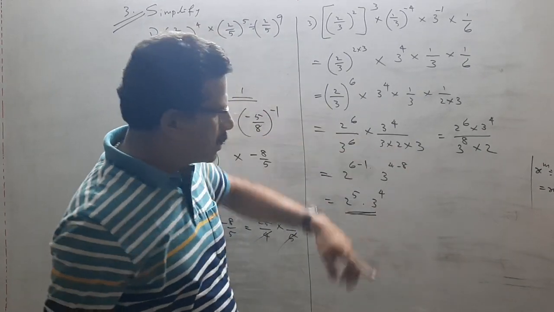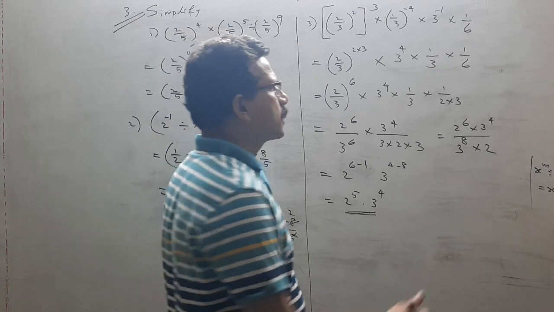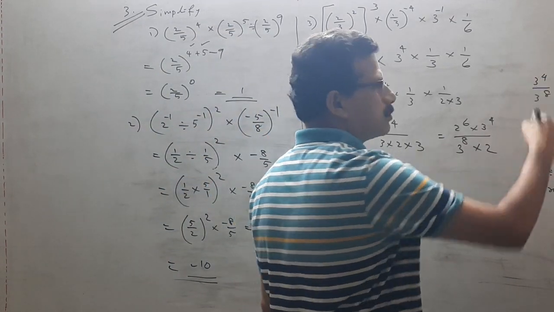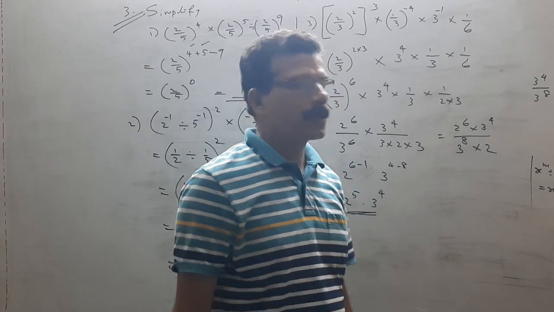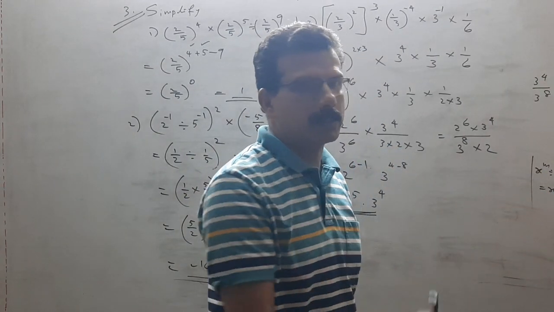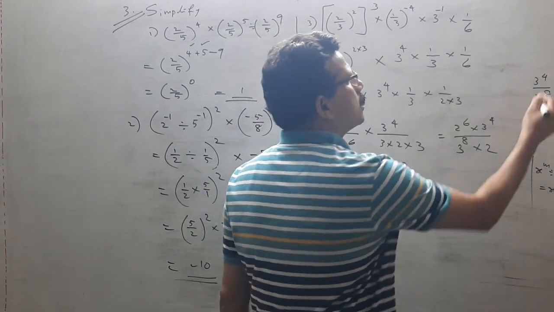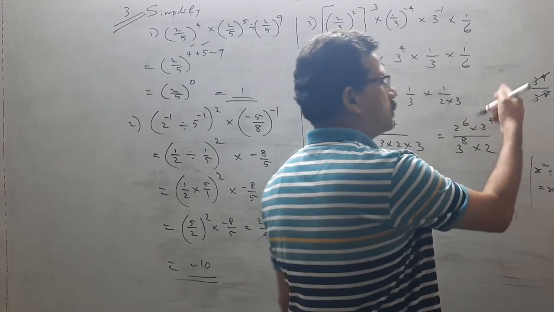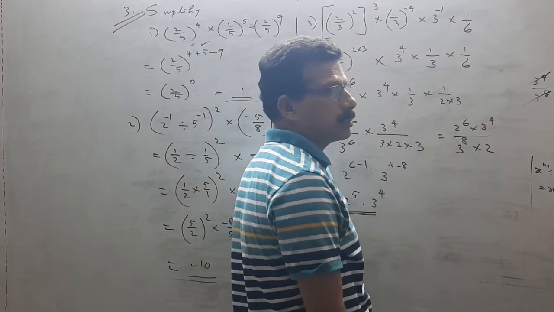Instead of this subtraction, if you want, we can say another way, like 3 to the power 4 divided by 3 to the power 8. We can think about cutting also. 3 into 3 into 3 into 3, 4 times 3 and here 8 times. So what will be balance? If I am doing cutting, it will come 3 to the power 4. And when it is coming up, 3 to the power minus 4, are you understanding?